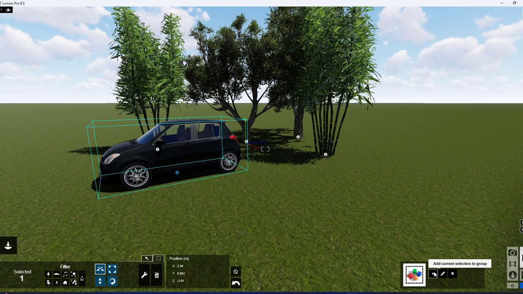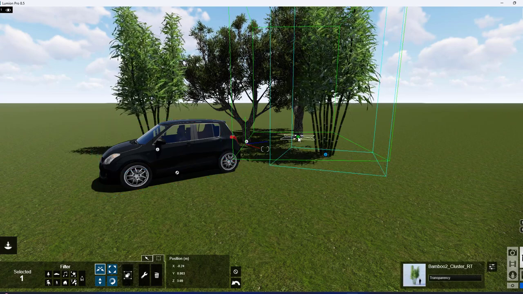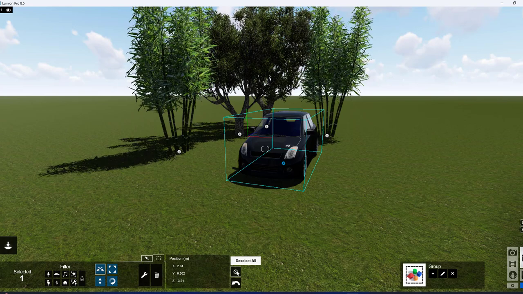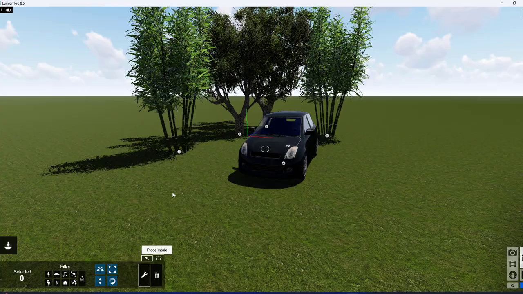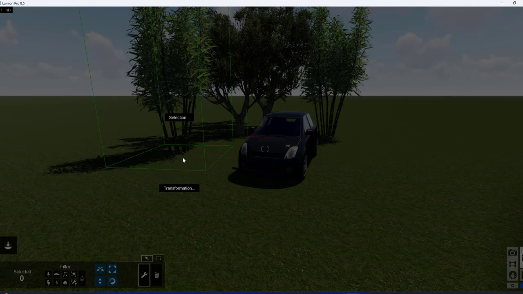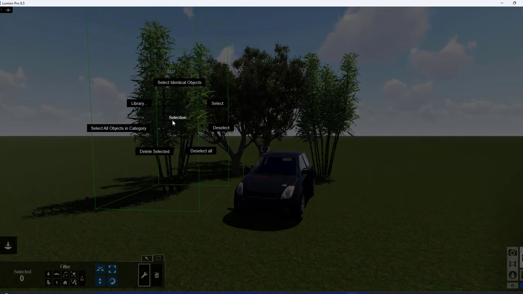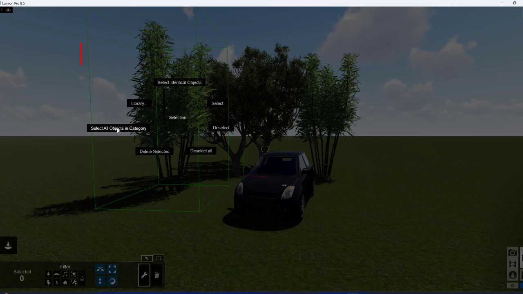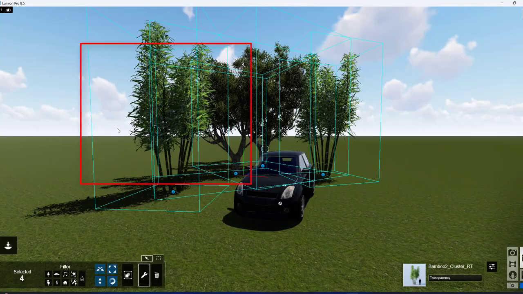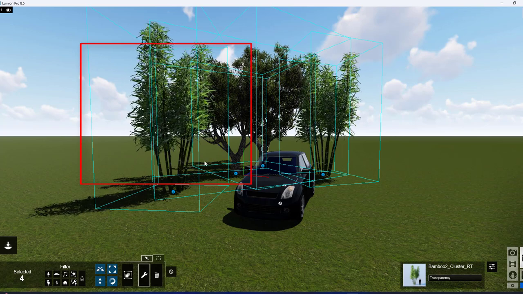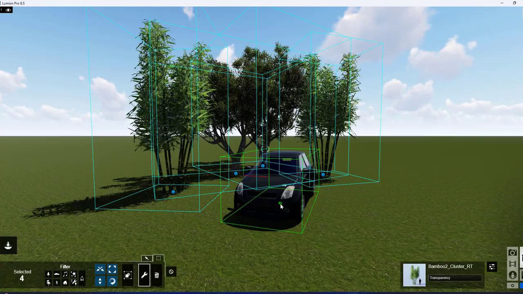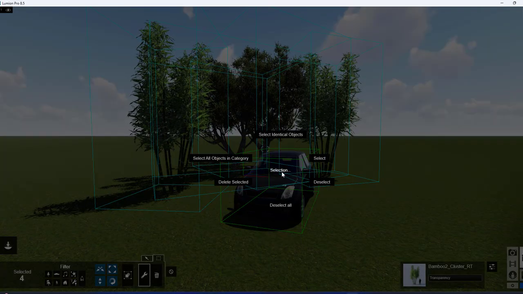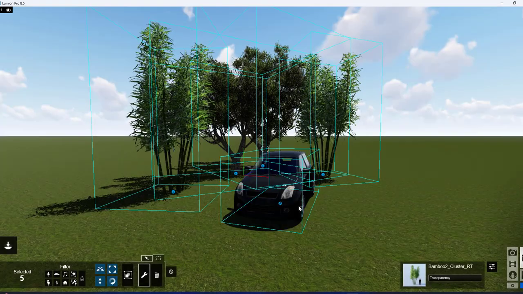First I have to select the multiple components and then add them. I'm just going to add this one, this one, this one, or else you click on the deselect all. Now I can go to the context menu and then select this one type of the tree, go with the selection, and then here you can say select all the objects in a category. So I selected all the tree category here. Along with that, again I go to the context menu and then I select over the selection, select identical object, or else you can say select all the categories.